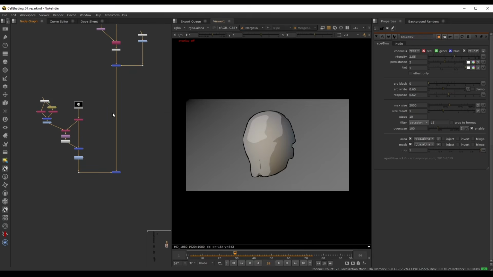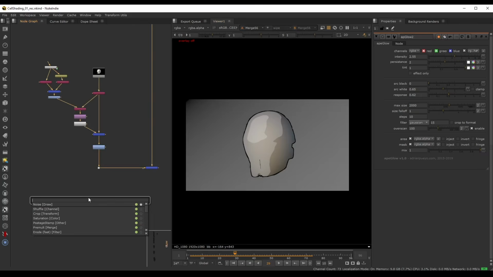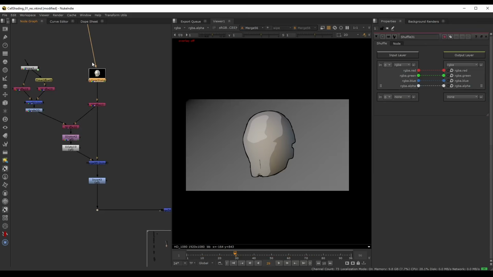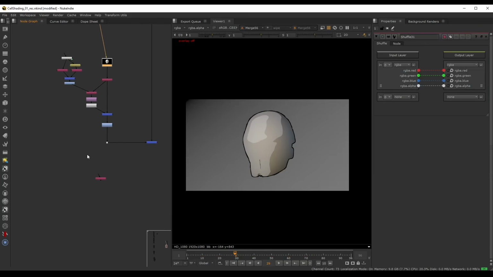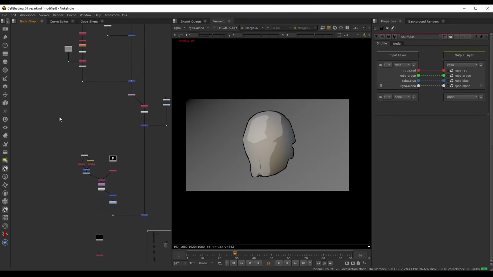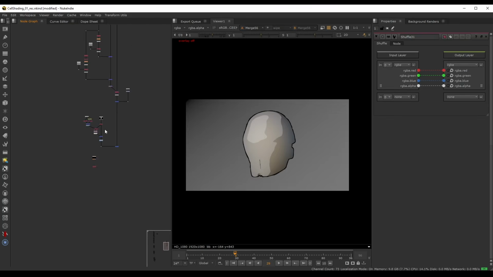In this case, we can grab, let's maybe just do another shuffle node, and we can point this to our same poster stamp here, or maybe we can make a new one. So I will just copy paste this poster stamp, and let's just go ahead and relink this to our main render. So I'm just going to select this dot over here, shift select my poster stamp, and then press Shift Y to create this forward connection. And with Alt H, we can hide this wiring. So I'm just going to press Alt H, hide the wiring,